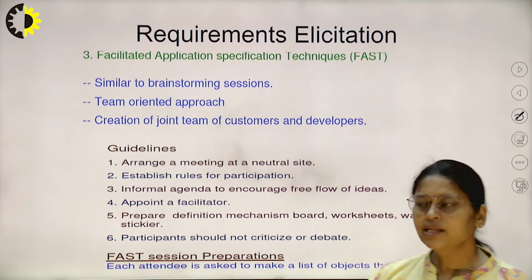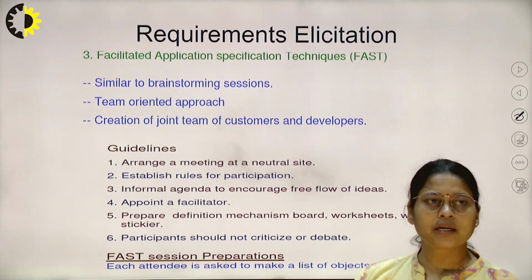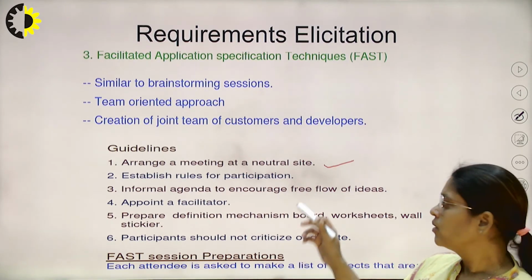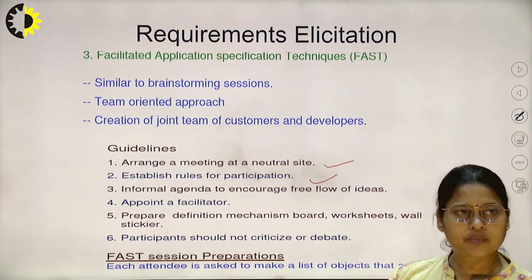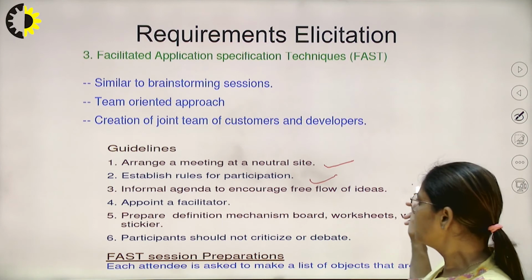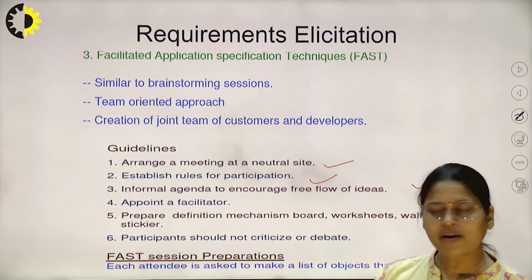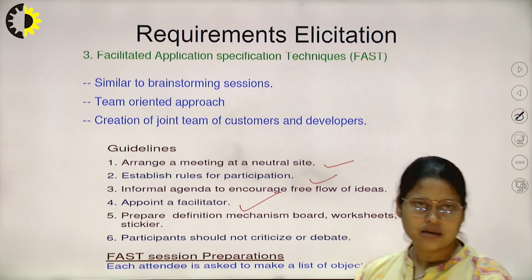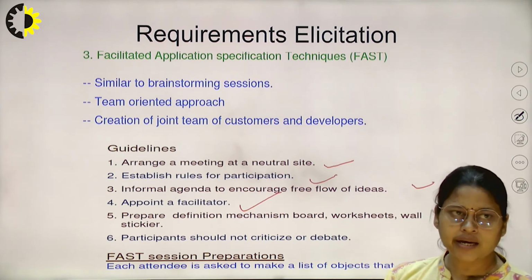So the guidelines for this FAST method are: arrange a meeting at a neutral site, establish the rules for participation, keep an informal agenda to encourage free flow of ideas, and the company will appoint a facilitator for this FAST technique,